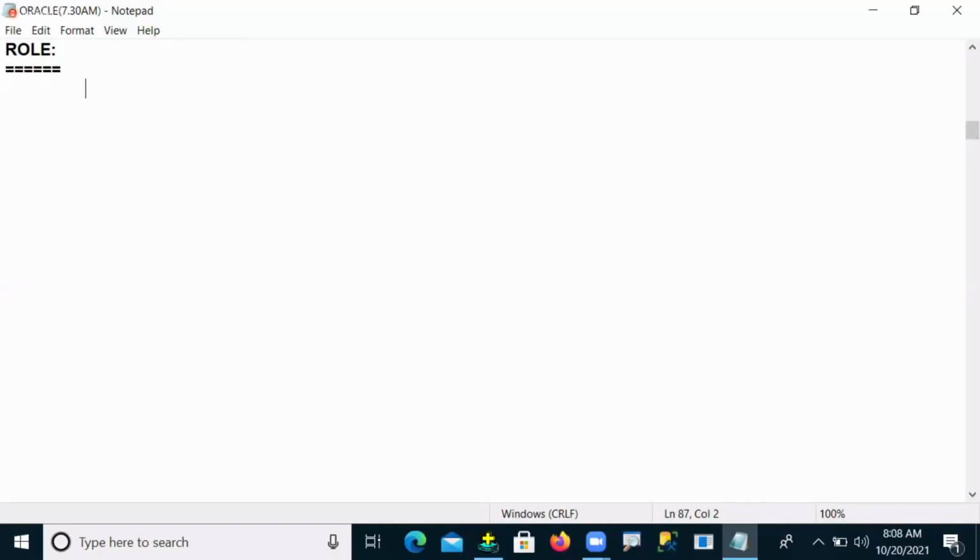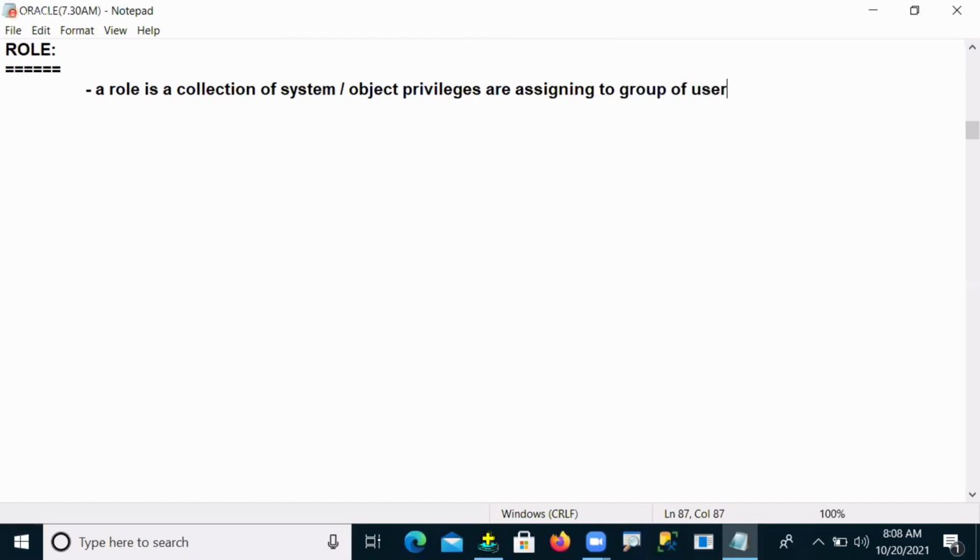Okay, so first of all, the definition of a role: a role is a collection of system or object privileges assigned to a group of users.